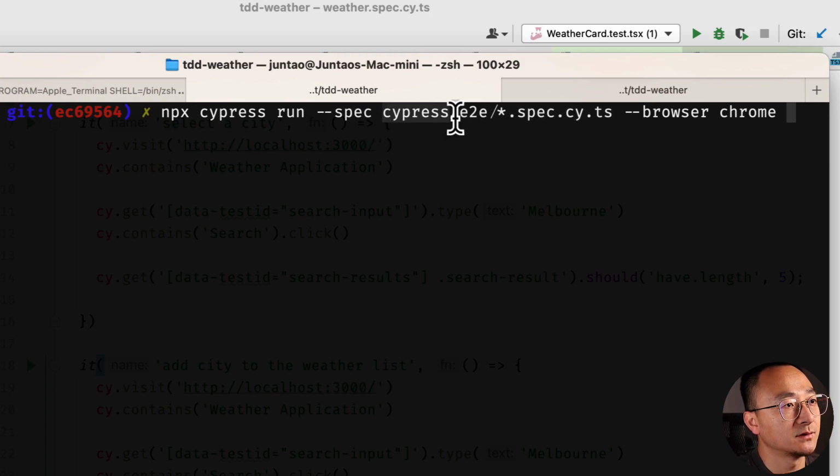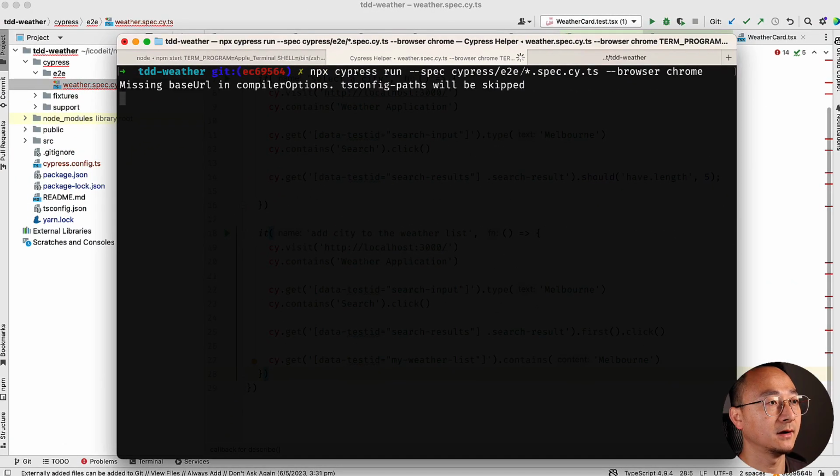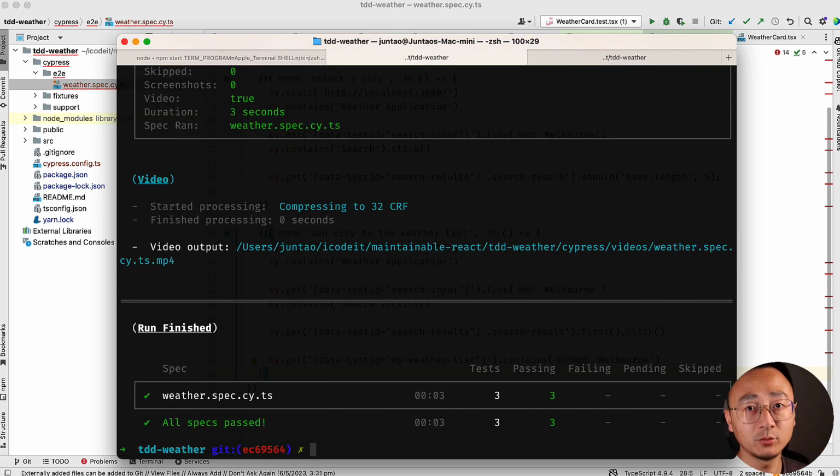So you can say Cypress end-to-end all the spec files. I want to run all of them, in the Chrome browser. If you don't specify which browser it should run, by default it will pick up Electron, but here we prefer to use Chrome. So if you run them here, it will be in a silent mode. It will not interrupt your typical working flow, like when you type code, run unit tests, things like that, and then the